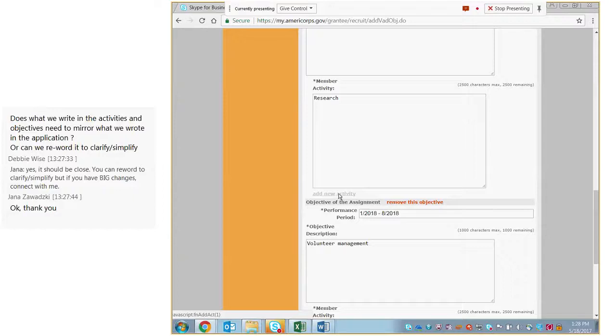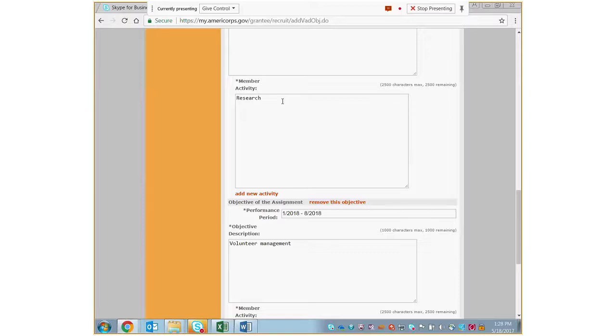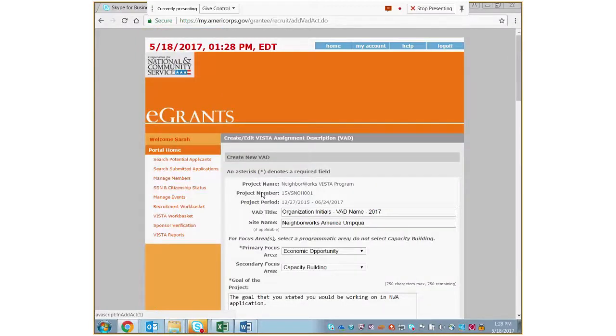To work on curriculum development, they will do research, provide a very specific, thorough description of the type of research that the member will be doing. So it could be researching other financial literacy curriculums across the country and defining which will best meet our population's needs, etc. But with that being said, the member will do some research. They might need to identify some partnering organizations who can help with the development of the curriculum, maybe a local university.